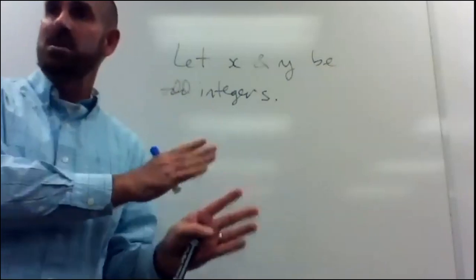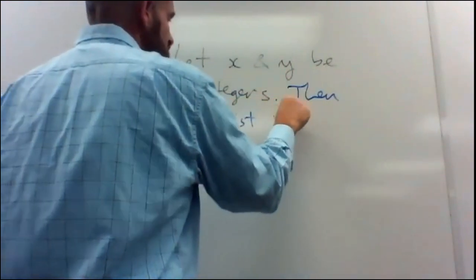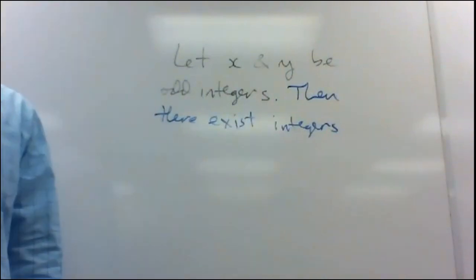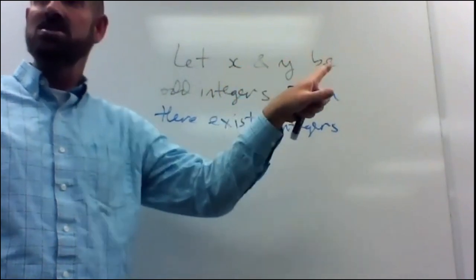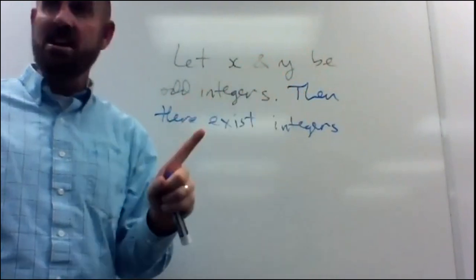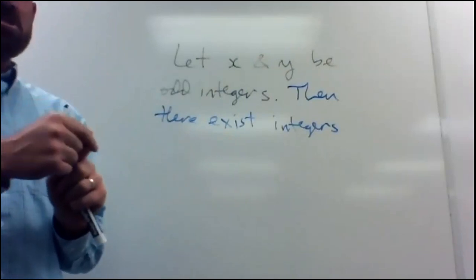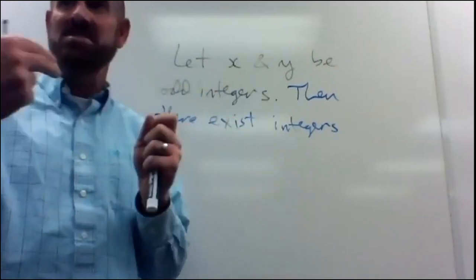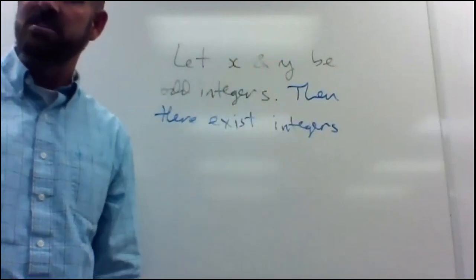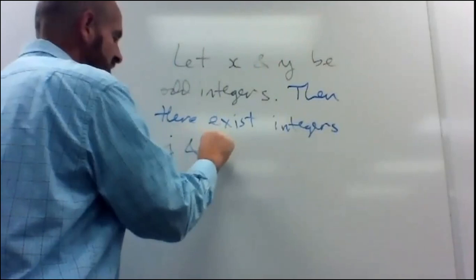Yeah, that's right. So they're of the form 2 times something plus 1, yeah? Okay. Then there exist integers, okay? Now, x is going to be equal to 2 times something plus 1. y is going to be 2 times something plus 1. Now you have to be careful. Don't use the same letter for both of these numbers. That makes sense? Don't say x is 2k plus 1 and y is 2k plus 1, because then you will tend to think that x and y are equal. They're not both 2 times the same thing plus 1. So you have to kind of divorce the two from one another. Okay? Then there exist integers, let's say j and k, such that